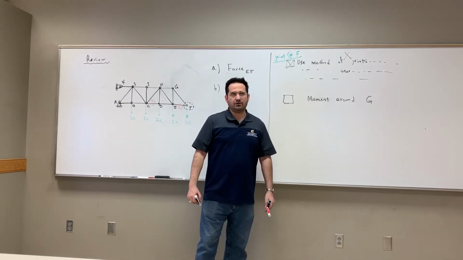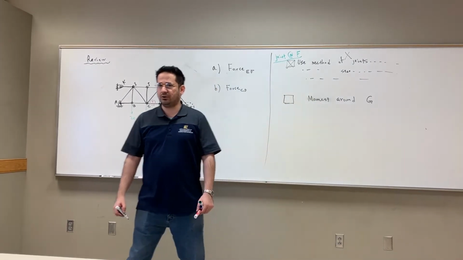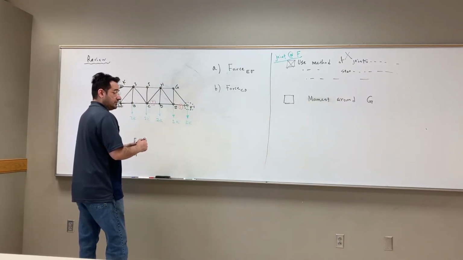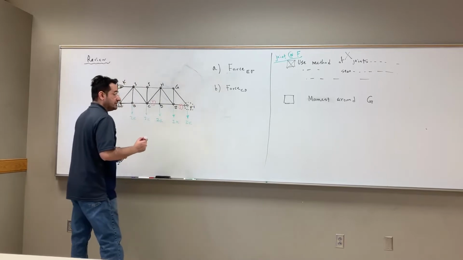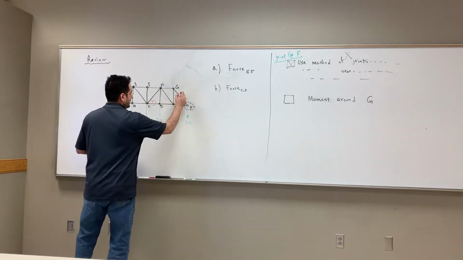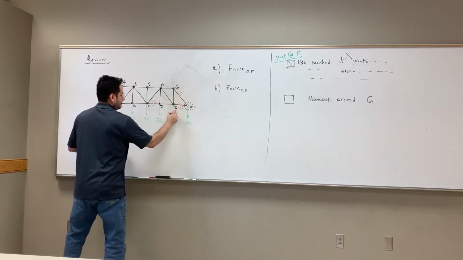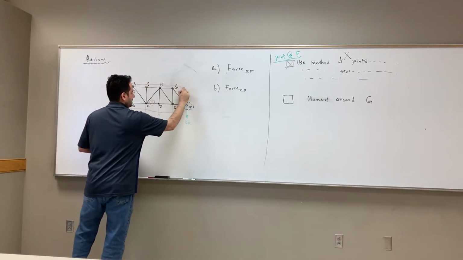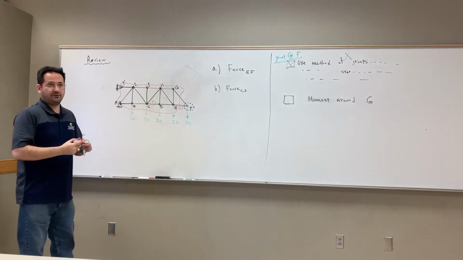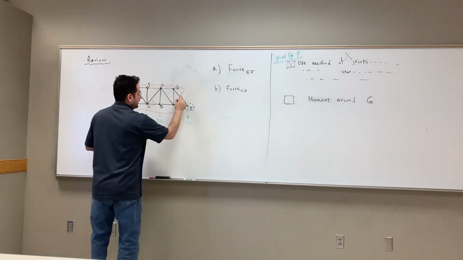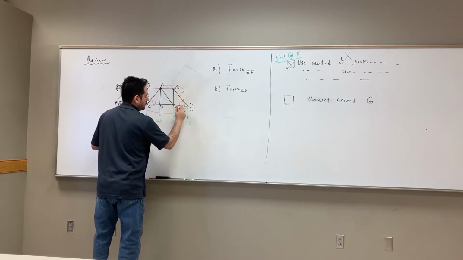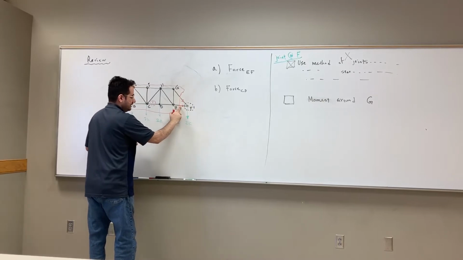Let's say, okay, I'll write moment around G, but what is my system? If you don't exactly say what your system is, then I say, well, what if this is my system? What if this is my system? Then if you do FBD, you get 1 unknown, 2 unknown, which is actually